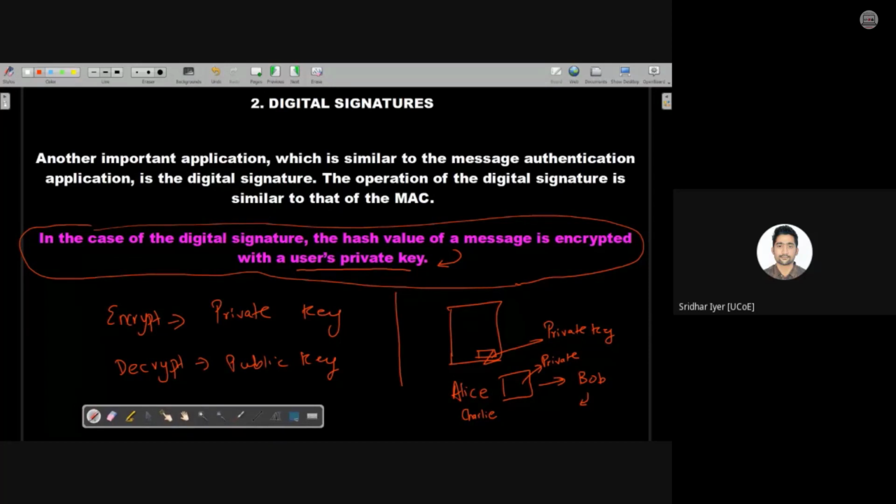So what will Bob do? Bob will quickly verify by decrypting this message using Alice's public key. If this message is decrypted properly, then Bob will come to the conclusion that the message has been sent by Alice only and not by Charlie. Am I clear now? Is the explanation clear? Kindly let me know, Mihir, Arvind, Parth, Sambhav. Is it fine? Have you understood now? Yes or no? The most simple example I could give. Yes, Mihir, is it clear now? You wanted me to repeat it?